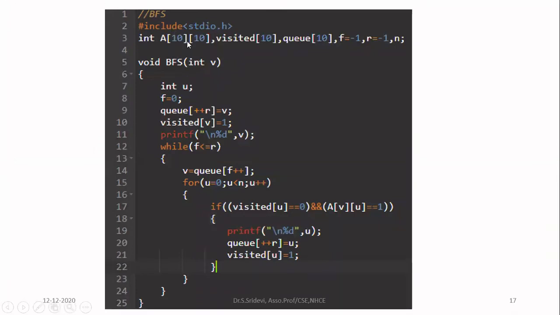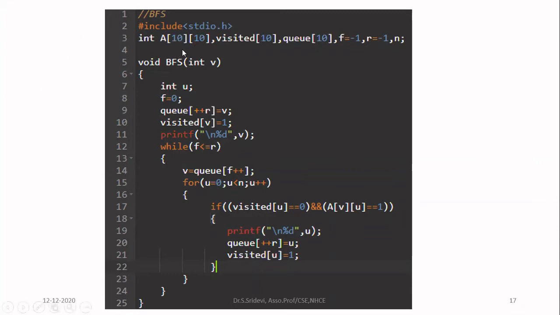After that, I'm going to create a 2D array for the adjacency matrix. So A is the array for the adjacency matrix. When you declare the size of the array, check what is the maximum number of nodes in your graph. If my graph is going to have a maximum of 10 nodes, I'm going to declare A as a 2D matrix with size 10 cross 10. Always remember the adjacency matrix will be a square matrix only because the rows are going to be represented by vertices as well as columns represent the vertices. So it is a square matrix.